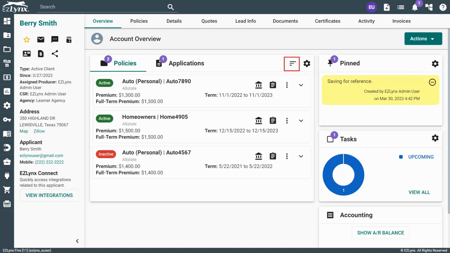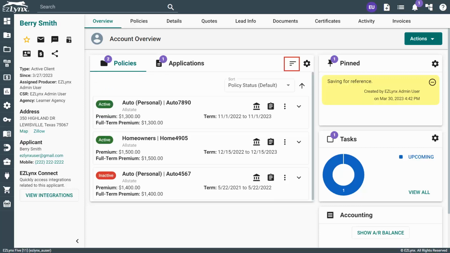The first icon on the top right-hand corner is the sort icon, which appears as 3 lines. Clicking on this will bring up the sort drop-down, which allows you to sort by various criteria. The default is set to policy status, meaning it will show all active policies, then inactive and unknown policies. The arrow to the right of the sort dropdown is the sort direction. This can be used to sort from ascending to descending or vice versa, based on the criteria you selected in